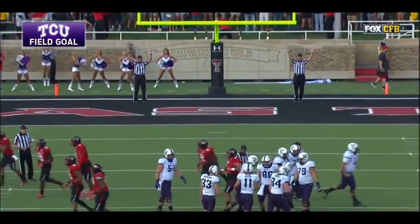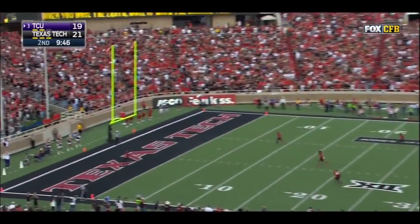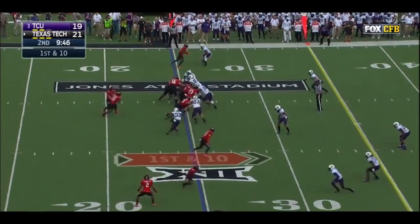He nails this one from 42. What they've had so far this season, it's been rough at times, but look, they're getting turnovers, and they're doing enough to win. They're trying to pull another upset over a top 5 team. To find the last time TCU won